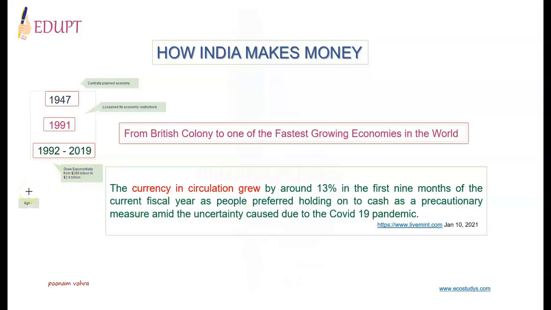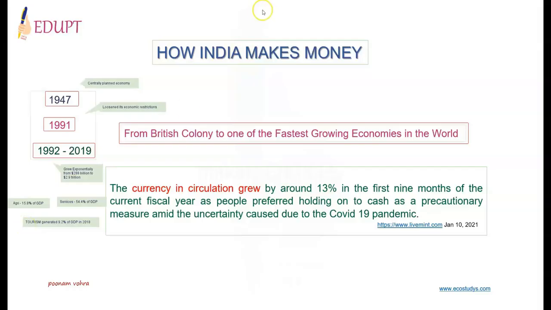Agriculture, once India's main source of revenue and income, has since fallen to approximately 15.8% of India's GDP. The service industry in India has increased from a fraction of GDP to 54.4% of GDP between 2018 and 19. In 2019, almost 10 million foreign tourists visited India. The World Travel and Tourism Council calculated that tourism generated 9.2% of India's GDP in 2018.